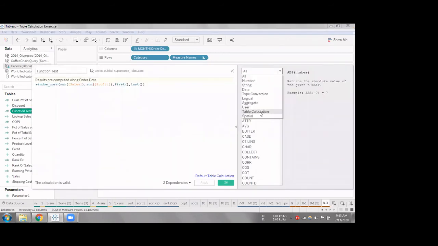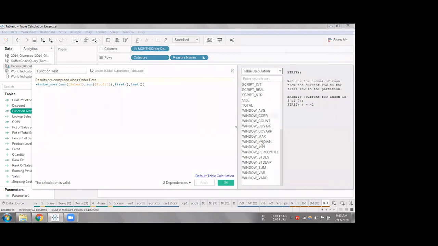So, for table calculations, the other functions work similarly. You understood how the window functions work, and the other things are just statistical functions that you're very much aware of. This is the count. This is the covariance between two variables: covariance sample and covariance population. Maximum value, median value, minimum value, and percentile value; in a particular given window, it will give you the percentile. Then we have standard deviation sample, standard deviation population, sum, and variance sample and variance population. These are all simple. So it's important that you understand the working behind these functions.